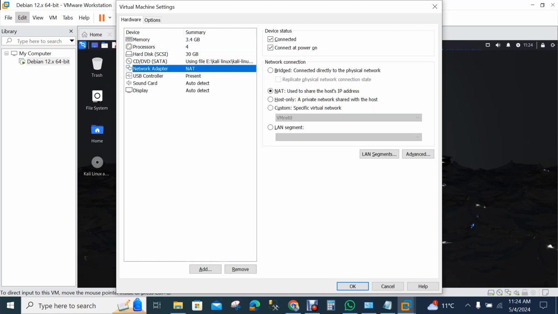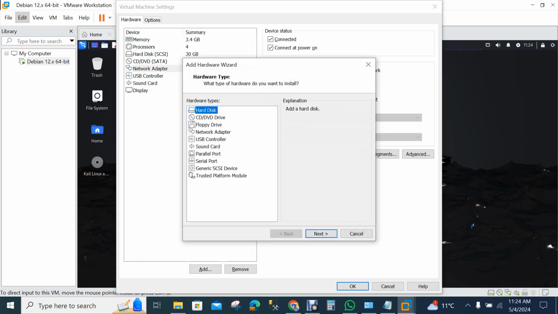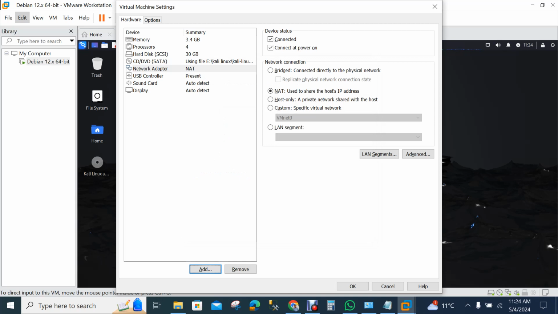And as I said before, if we wish, we can install one more network adapter from here. If we use virtual machines on our workstation player, then we can easily install our network adapter, USB controller, and CD/DVD. We can access them very easily, and there will be no problem. So for those reasons, virtual machines are very useful to use on a workstation player.